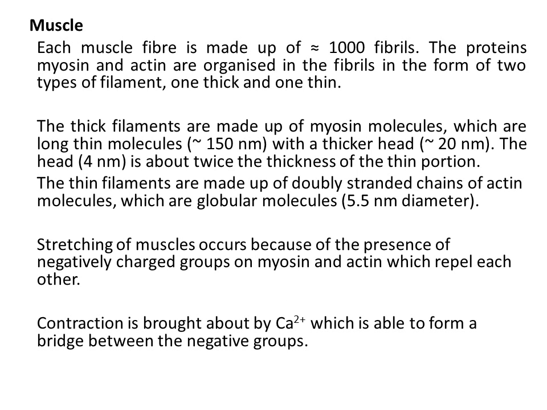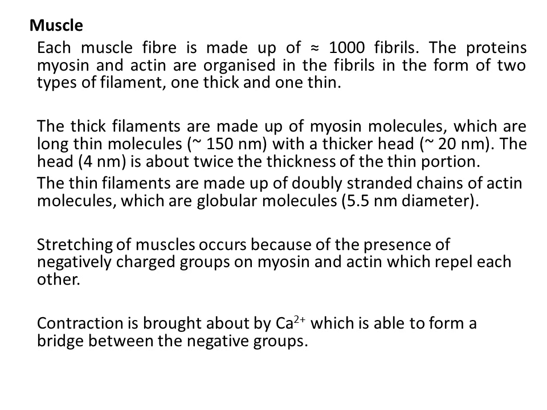In muscles then, each muscle fibre is made up of thousands of fibrils, and the proteins myosin and actin are organized in the fibrils in the form of two types of filaments, one thick and one thin. So the thick filaments are made up of myosin molecules, which are long thin molecules, about 150 nanometers. So remember, a nanometer is 10 to the minus 9 of a meter, with a thicker head of 20 nanometers. The head, which is 4 nanometers, is about twice the thickness of the thin portion. The thin filaments are made up of doubly stranded chains of actin molecules, which are globular molecules, about 5.5 nanometers